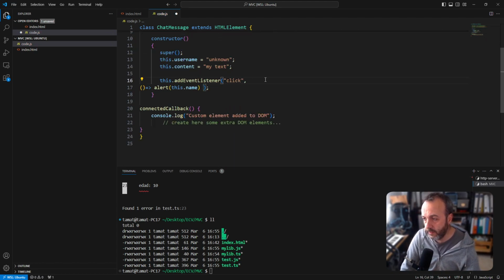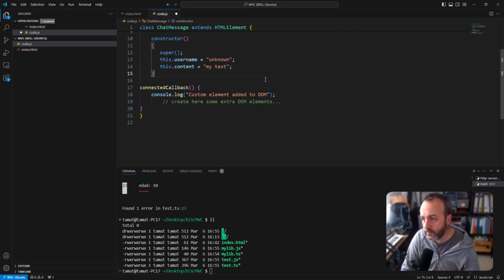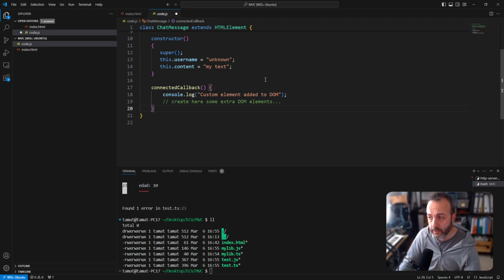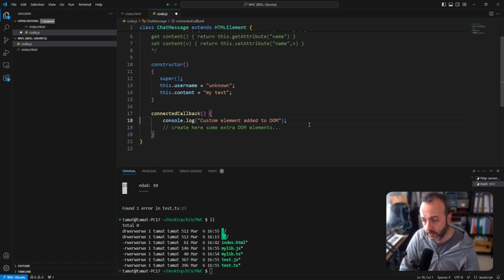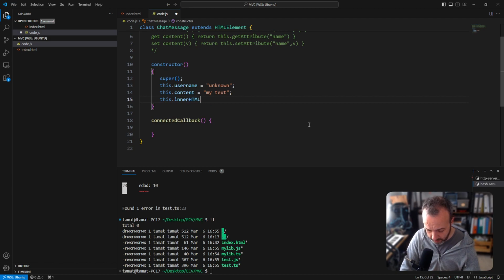And so here, I don't want anything when you click it. They always say that if you're going to add any behavior that you want to happen when this element gets added to the DOM, I'm going to put it here. So when you add this element to the DOM, I want to create 2 elements inside. So I'm going to say that the inner HTML of this element is going to be,